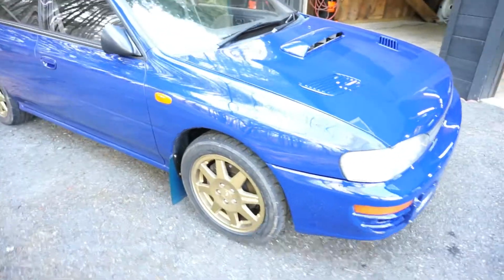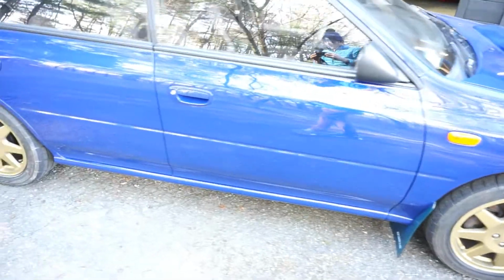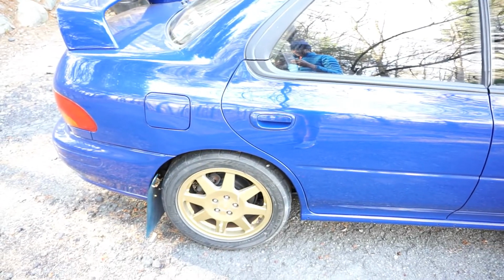So this was the first car I'd ever had painted myself. I had a local shop do it who I'm friendly with, and they did a super awesome job. Starting at the high level, this is a '96